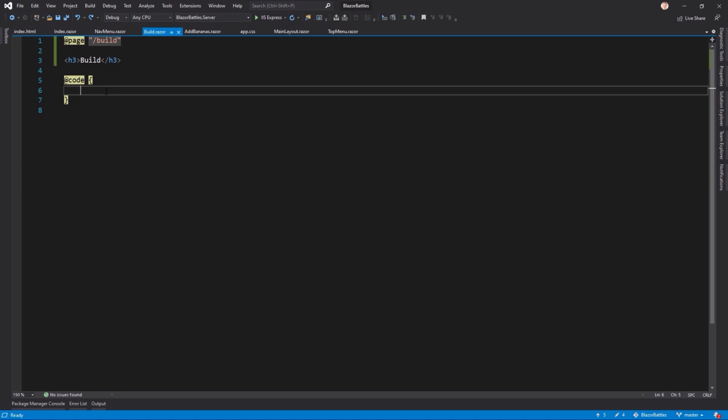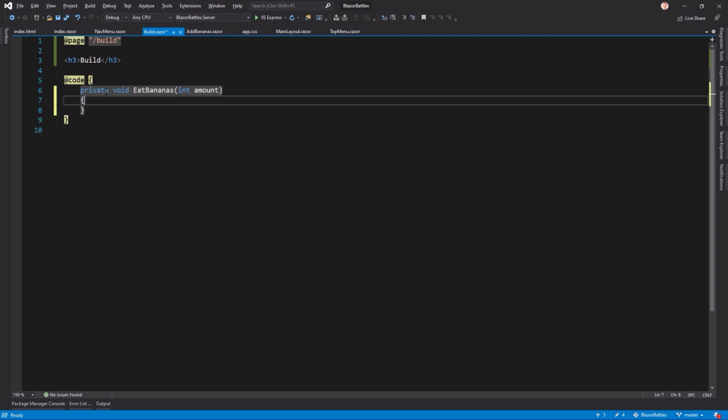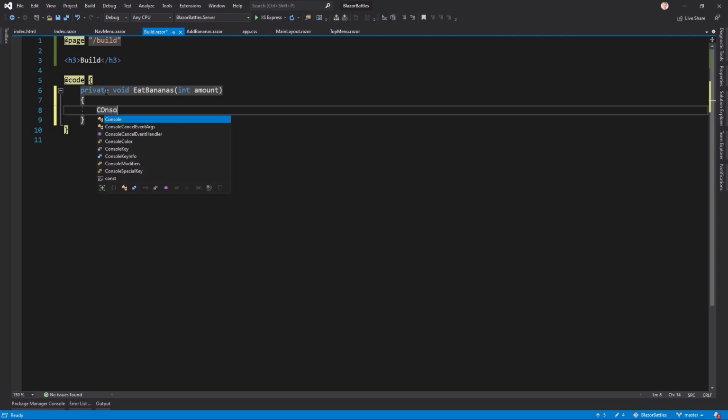Now let's focus on that button first. We can already add it and call a dummy method when the button was clicked. And the idea is that when we build a unit or click that button, bananas will be consumed or eaten. So maybe first add a method called EatBananas with an amount of bananas, and before we actually consume bananas, let's just log something into the console, and we do this with Console.WriteLine and then a little string